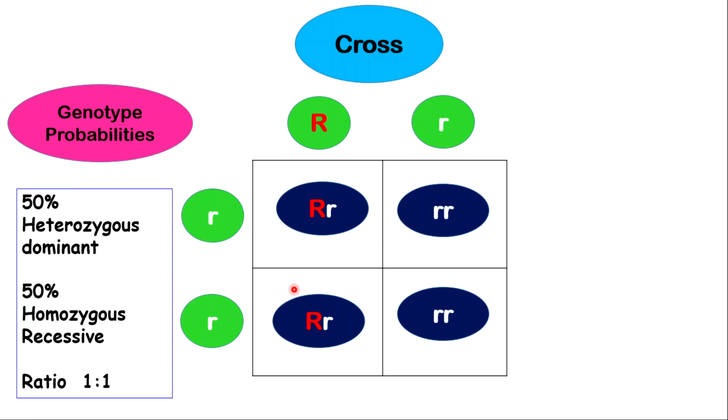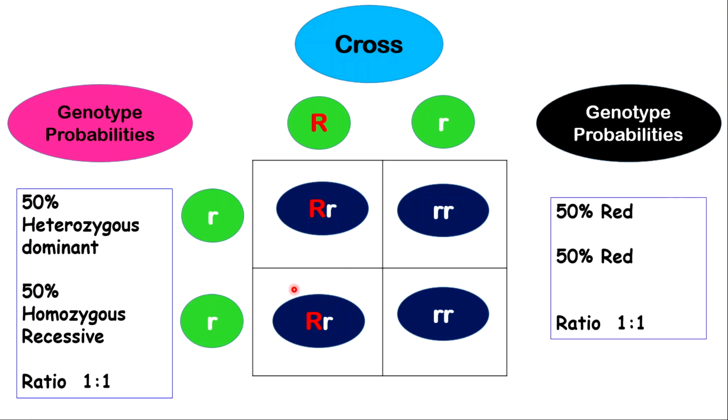Now let's look at our possibilities within our phenotype. And remember, phenotype is the physical traits or the observable characteristics. So this box right here, since you have an uppercase R, it has to be red. You also have an uppercase R, it has to be red. There's no uppercase R's here, so these have to be white. So it turns out to be that I have 50% will be red and 50% be white, or a ratio